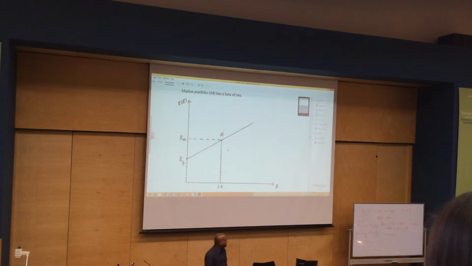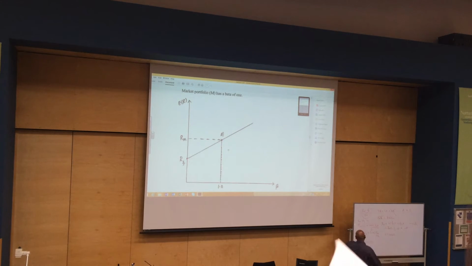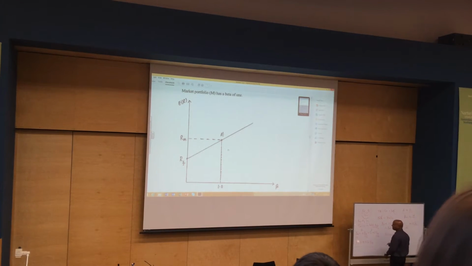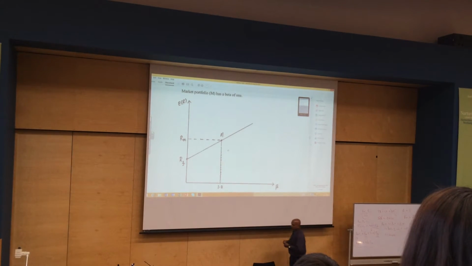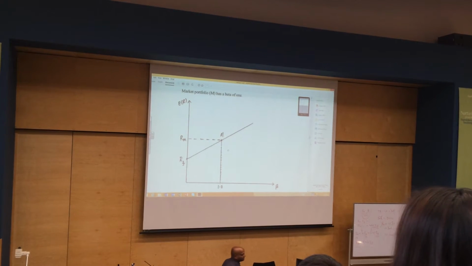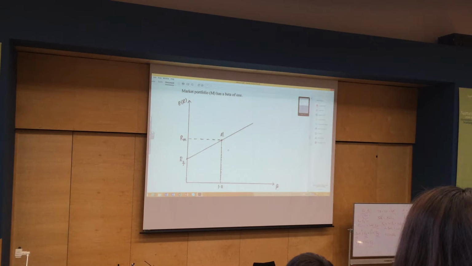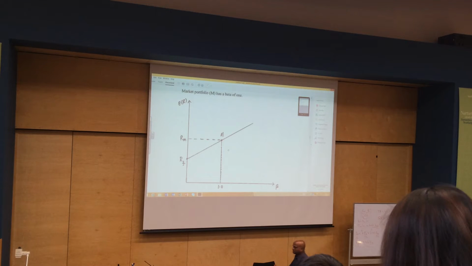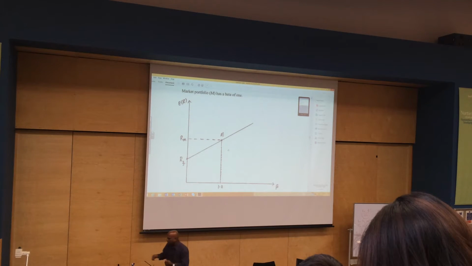What is the beta of the market portfolio? They just assume that. That's the beta of the market portfolio: one. One doesn't mean high risk or low risk, it's just one. Why do they do that? Why don't they assume the beta of the market portfolio is 1.5 or 9? Why do they say 1? They came up with it. Why did they do that?